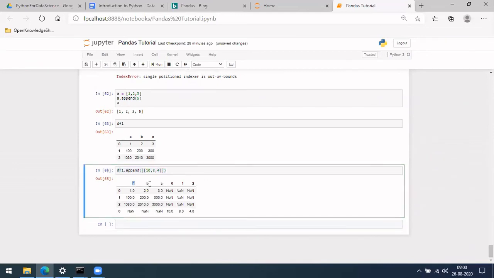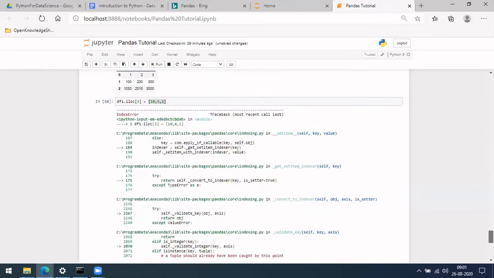In case you are giving column names in the beginning, usually I would recommend you not to give column names before doing all the manipulation. So let me create one first, and then I'll show you how to do it.